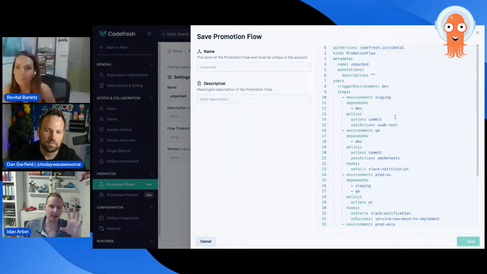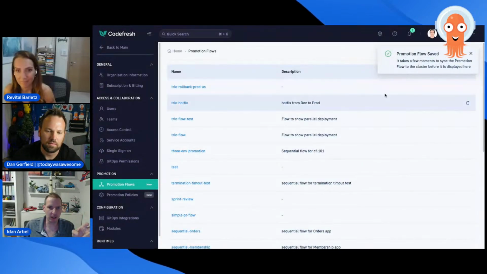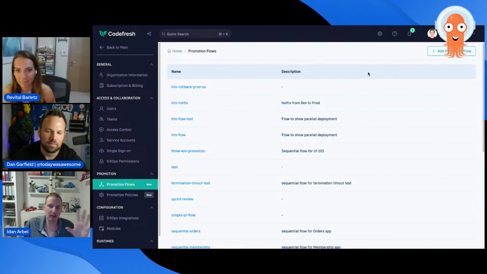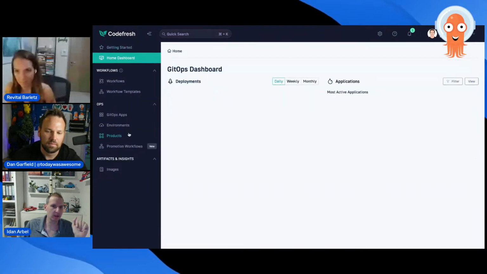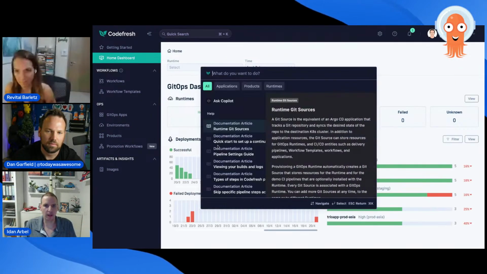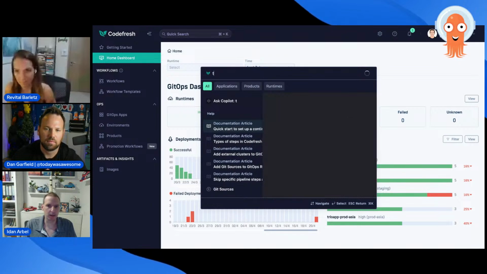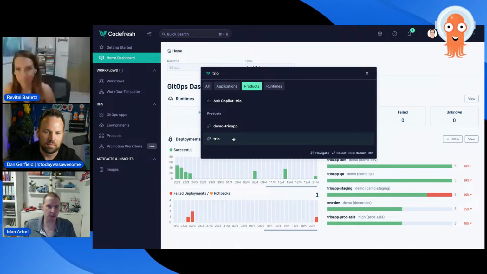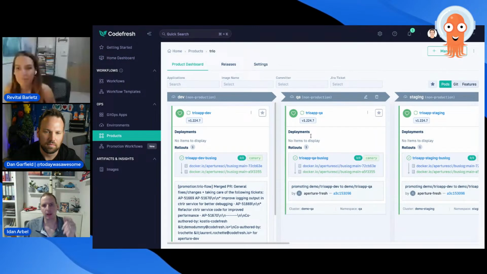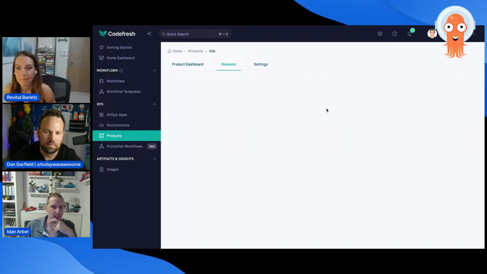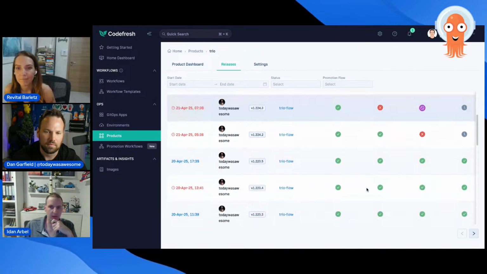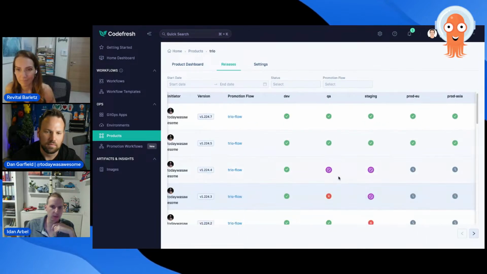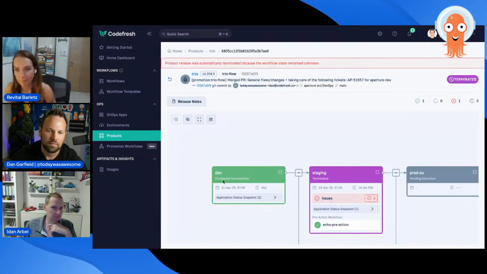And it's that easy. So we showed you the drag and drop promotion, the promotion flows, the CRD, how we manage everything. I'm not going to go too deep. The last thing I'm going to do is go to my Trio app. And we've got this quick search here, which makes my life so much easier. And let's take a look at the releases. So again, it's very important to see this release screen, the history of all the releases, who did what. And again, let's go to the one that failed.